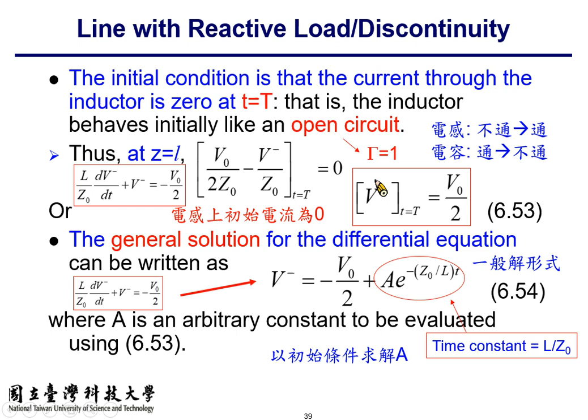Then the V minus signal will be of the same magnitude as the V plus signal, and they will be in the same sign. 就大小相同，然后也是同样的极性，哈，所以你看到 6.53 的红框框 V 负讯号在 t 等于大 T 的时候，它的 V 负讯号的大小是 V0/2，然后呢，极性呢是正的，所以跟 V 正讯号是一样的。OK，好，为什么？因为在 T 等于大 T 的这个当下，这个